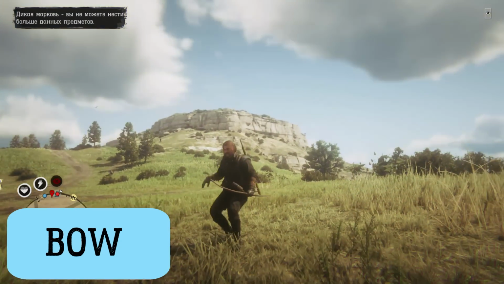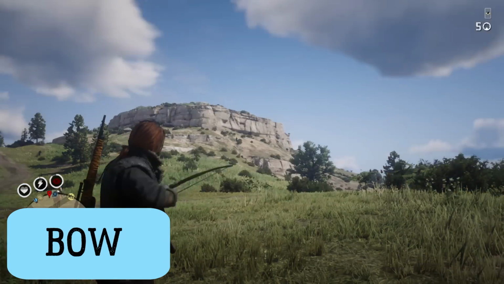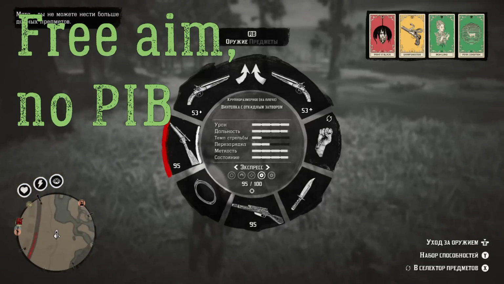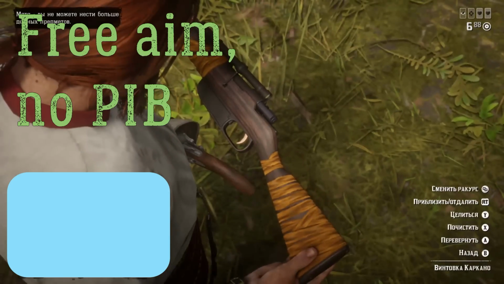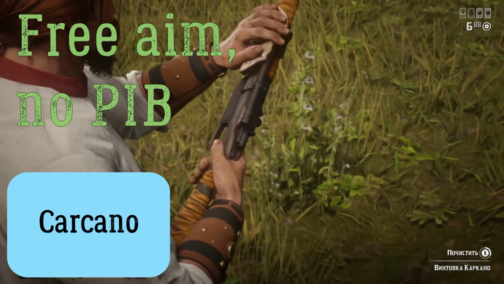Plus, if you're going to be attacked by griefers on higher levels, you can use dynamite arrows to destroy the tank builds, and it's going to be useful too. If you're playing with free aiming and you don't want to use Painted Black, for example, maybe you're using Slippery Bastard or some other ability card, then the Carcano rifle is the best weapon choice for you,